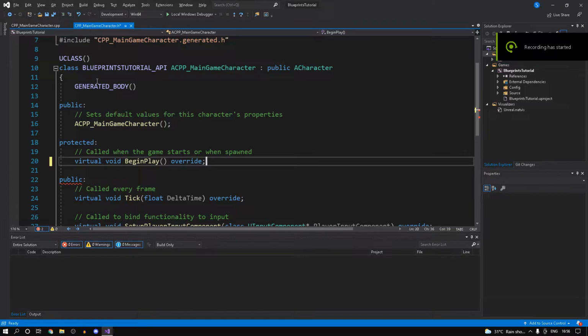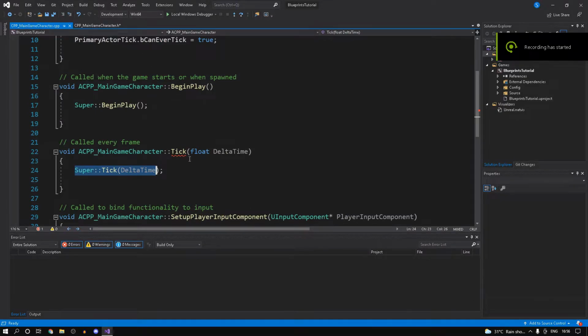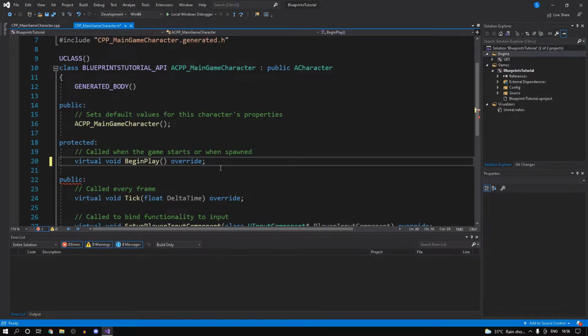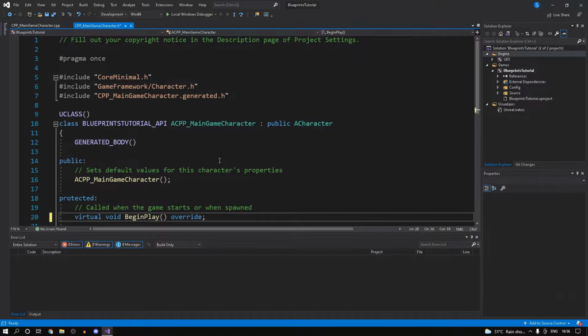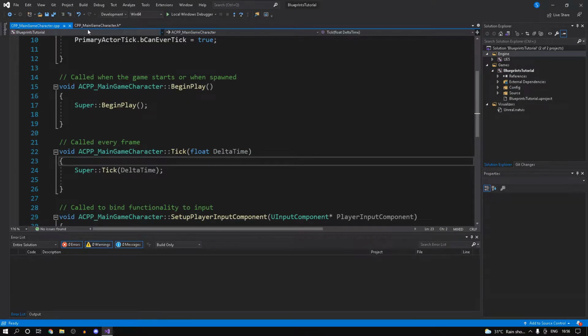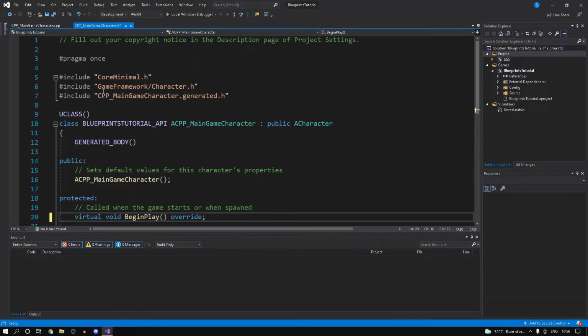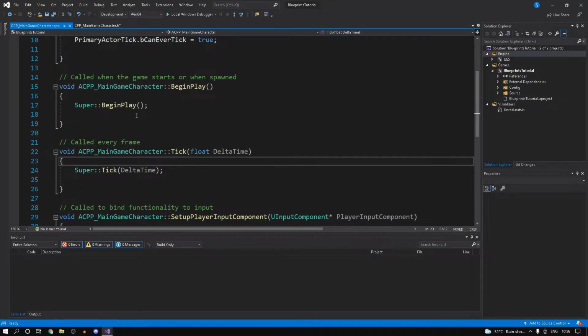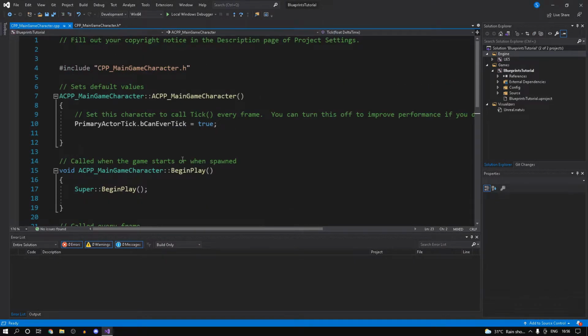Alright guys, so now I'm inside the C++ class and this is where we actually have our code. So this is the .h file and this is the .cpp file. Basically any functions you declare, the prototypes, as well as any variables that you declare will be inside the header and anything else would be inside of your C++ file. That's basically how you structure it.